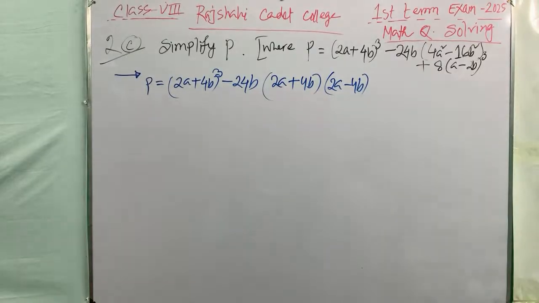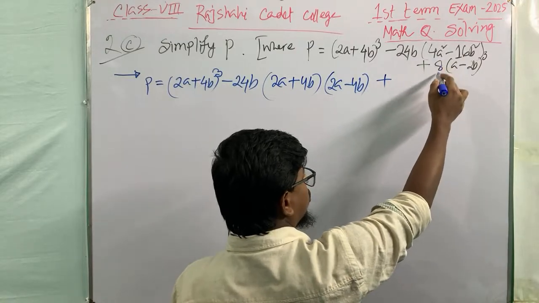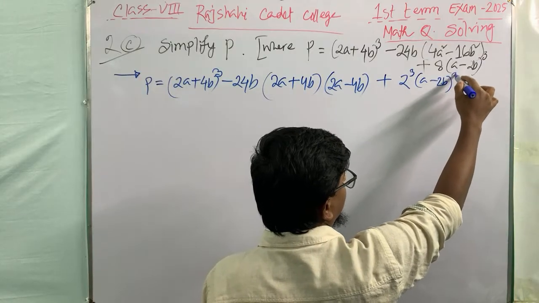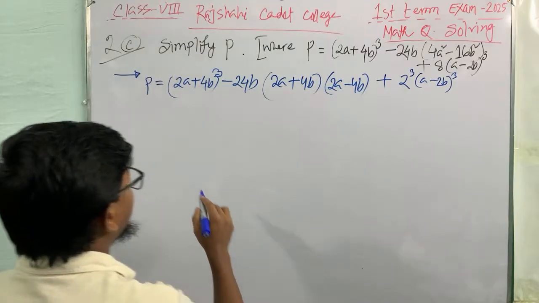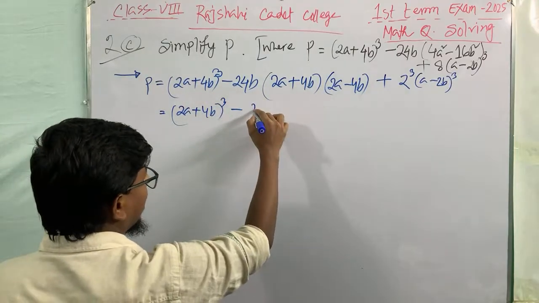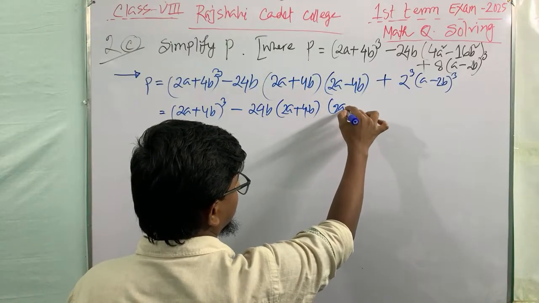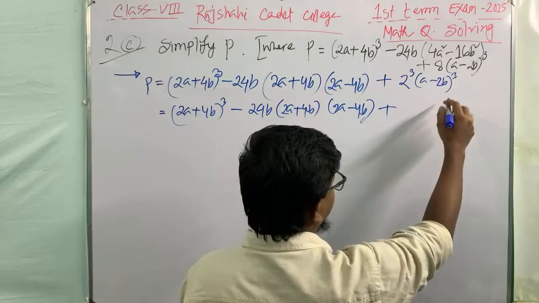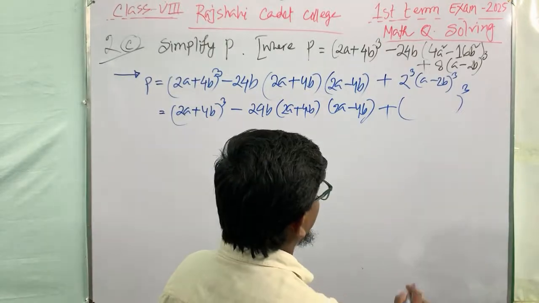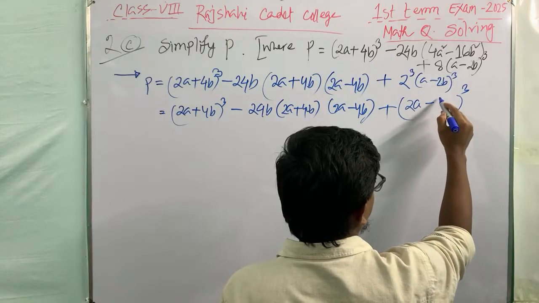Okay, well, so I can write 8 to be 2 to the power 3, and we have a minus 2b whole cube. In the next line we keep this as it is, no change, but we take this under the common power, that is 3, and we multiply 2 with a, becomes 2a, 2 with 2b becomes 4b.